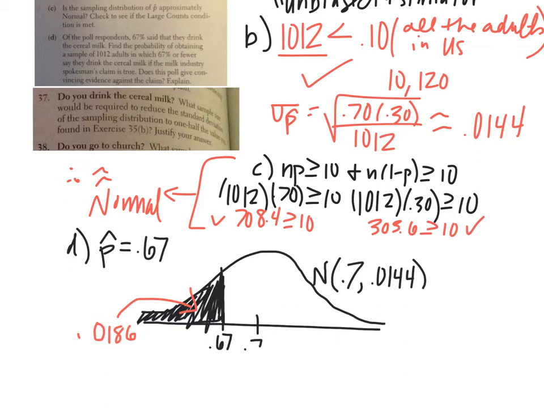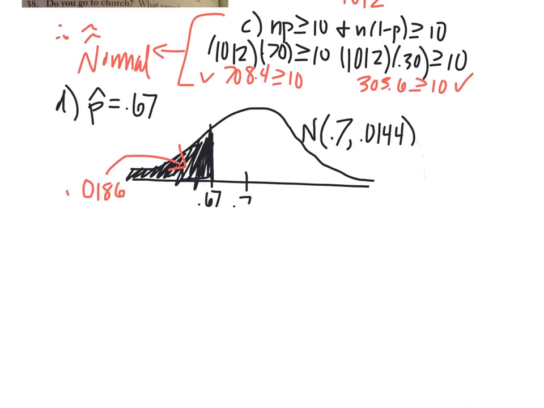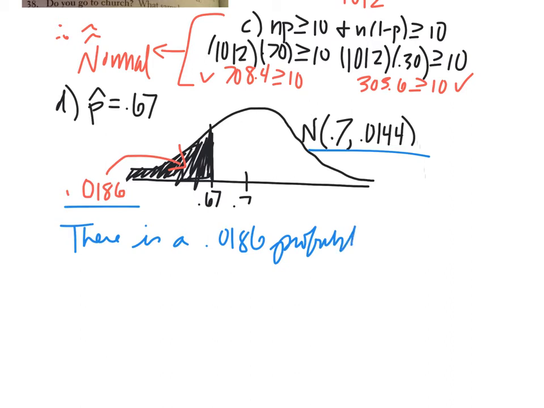So really I should write this out, which is a little bit hard for me to write neatly on the iPad, but I should put this in words. This sketch with this label will give me credit for the work that I need, but I actually do need to answer the question in words. So let me start over again. We're going to say there is a 0.0186 probability of getting a sample